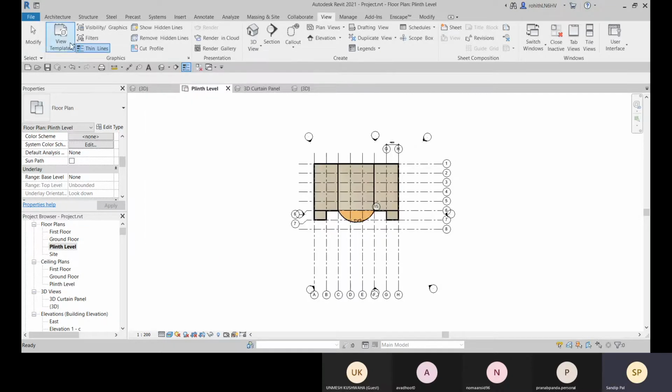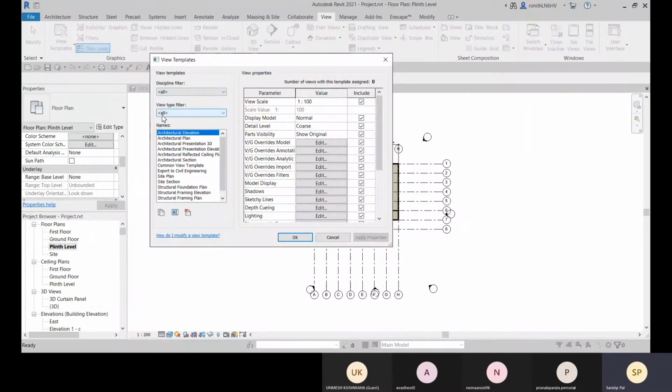So you can directly open this window, click on Manage View Templates and create one where you need. If you want to make that view template for a particular discipline, you can choose, for example, architecture, so that view template will be used only for architectural.